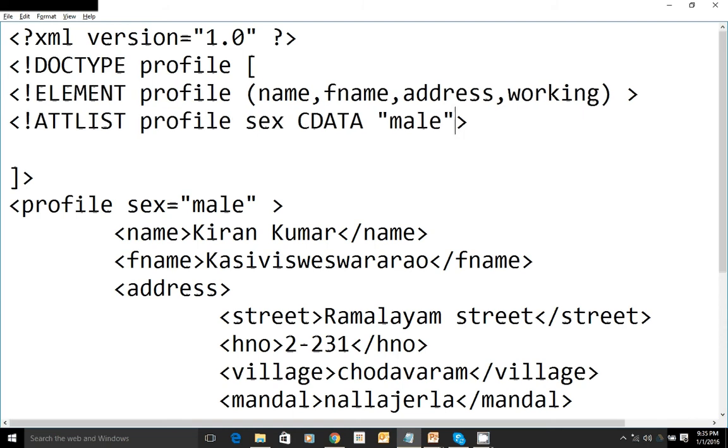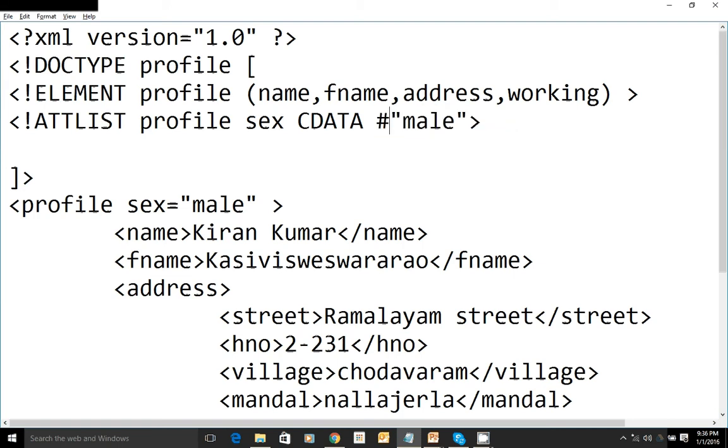Or sometimes you can simply say #FIXED. #FIXED male means that at any cost the sex should be male; the value of the attribute called sex should be male. That is what is meant by fixed.